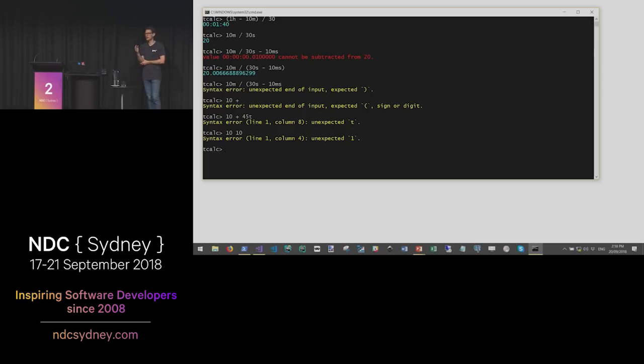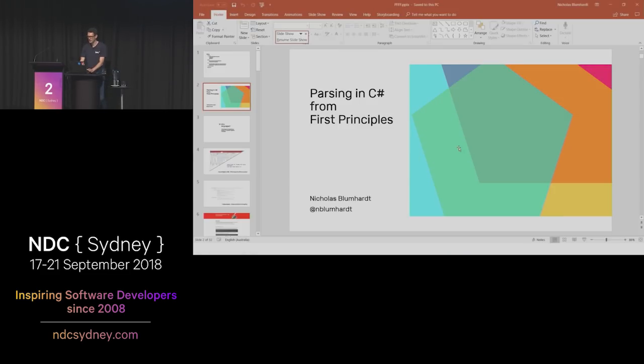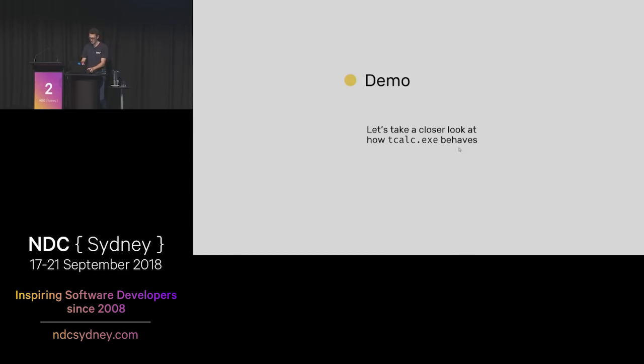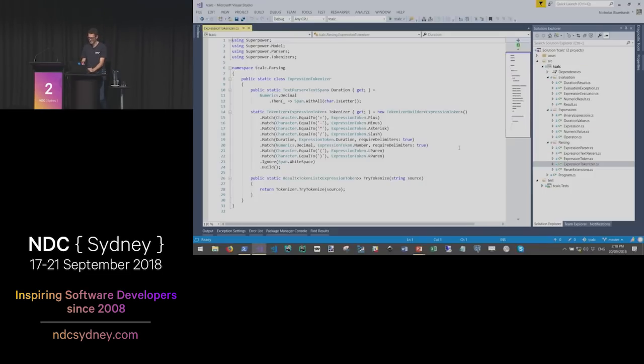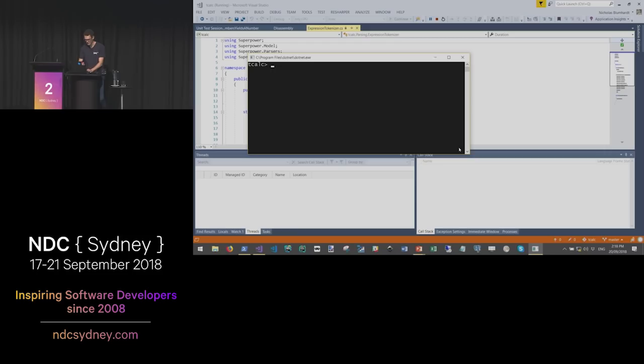little languages will crop up that make it easier to write programs, but they're mostly for the benefit of users. So if we were going to actually ship something like this in a replacement for a giant web form, hang on, I can't F5 that. I might want it to look a little bit more like this. Okay, so here we have our old input, so 10 plus 45 T. Okay, so this is telling me I've got an invalid duration. I've got an unexpected T. If I have 10, 10, I get an error that's an unexpected number 10.